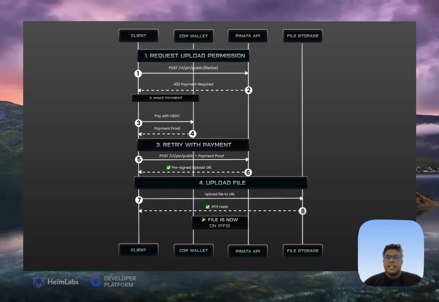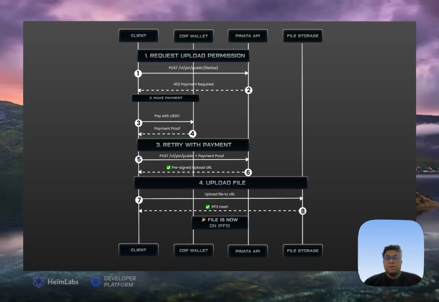In this video, we'll be setting up a Node.js client for mainnet X402 interactions, initializing a CDP wallet and managing the funding step, using X402 Axios for payments with CDP wallets, and interacting with X402's two-step process to upload a file to IPFS. Important note, this demo involves Base mainnet transactions with real USDC.